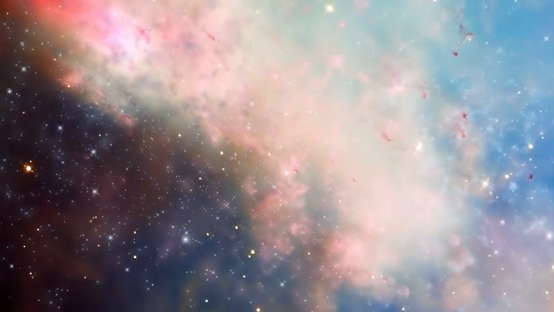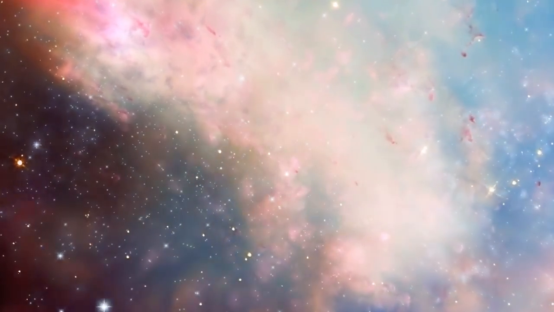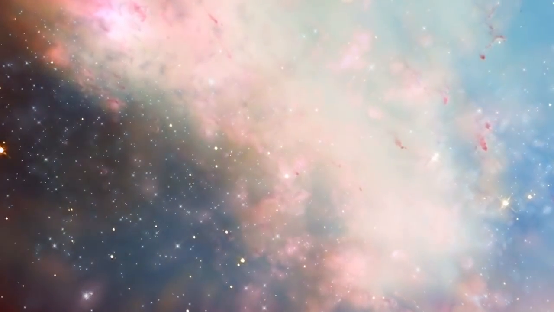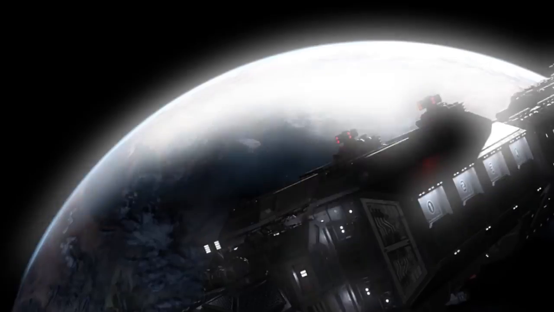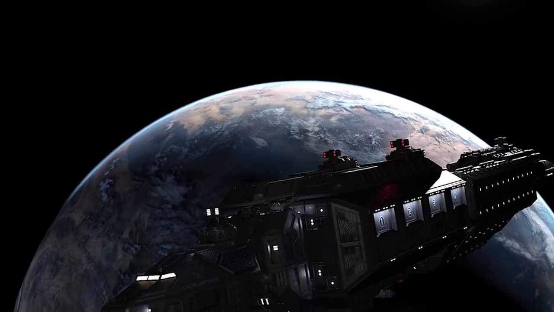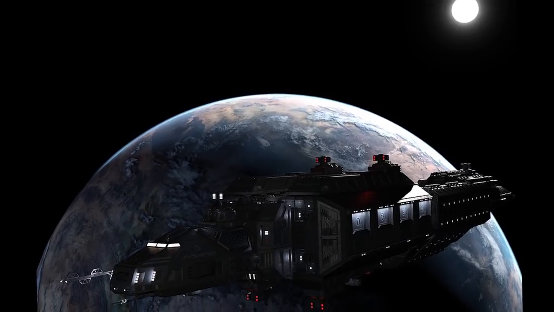1 year of travel might correspond to 10 years on Earth, and a constant 1g acceleration would permit humans to travel through the entire known universe in one human lifetime. Space travellers could then return to Earth billions of years into the future. That is, if there were an Earth to come back to.